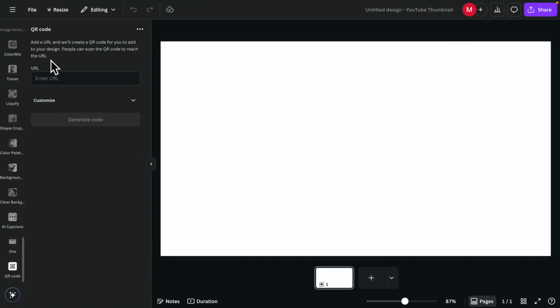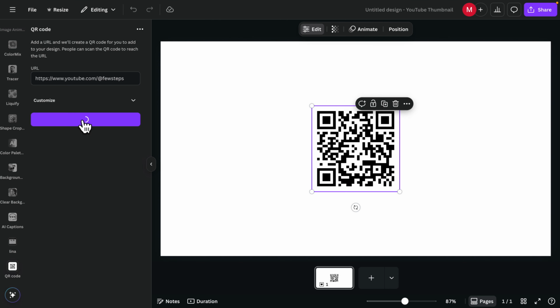I'm going to click here and very shortly it will open on the URL field. Here I need to type the URL for our QR code. So I just typed youtube.com/@FewSteps, and then we need to press this generate code. I'm going to click here and the code will be generated. Now this code will be scannable and anybody can go to that URL very easily after